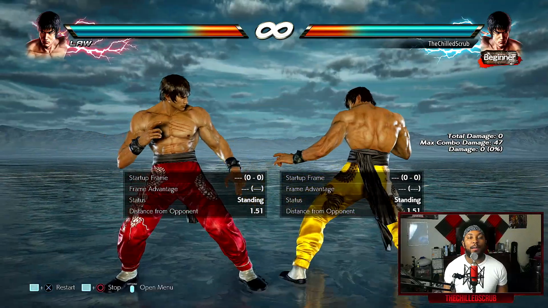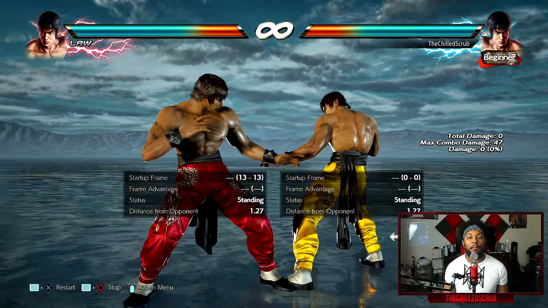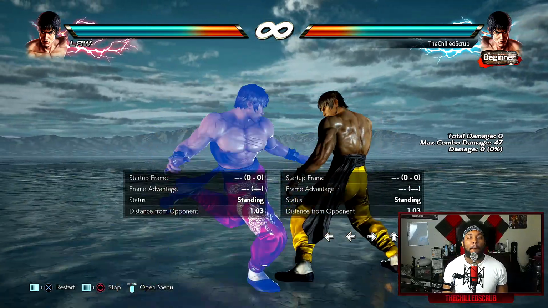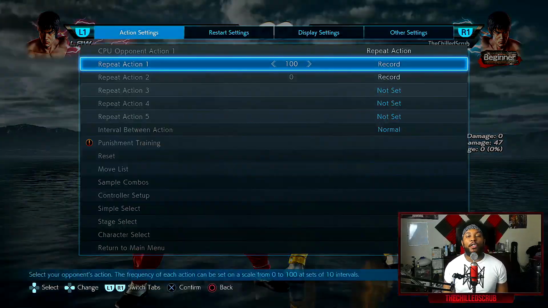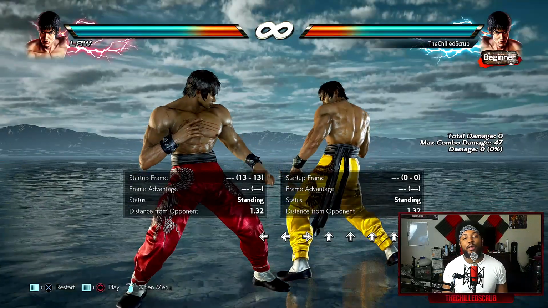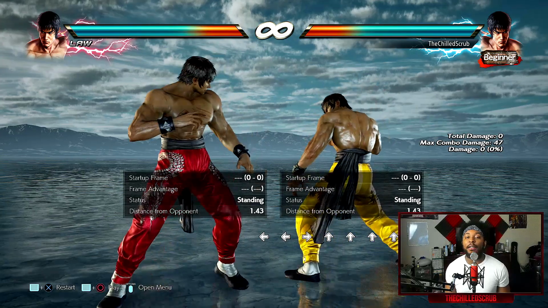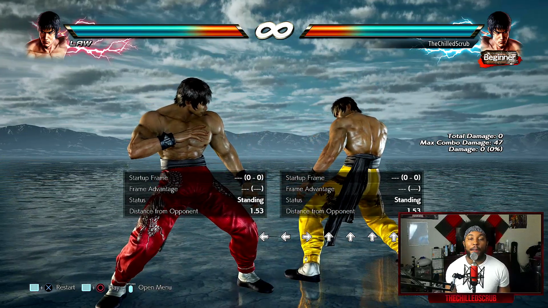Oops. Timed it wrong. See? Okay, so the question is, why am I able to sidestep it? I shouldn't be able to sidestep that, right? I mean, he's already down back 3, plus 4, down forward 1